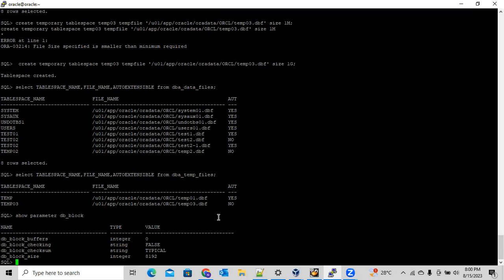In drop, what happens if a table space does not have any data? In that scenario, you can drop that table space directly. There are two options, including contents and data files. If we include contents and data files, whatever data is available in the table space, it will